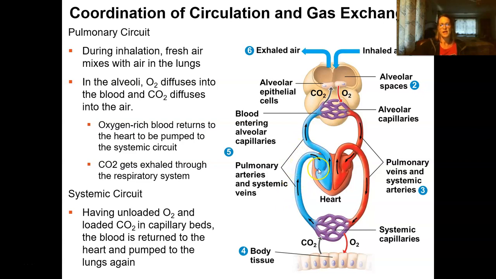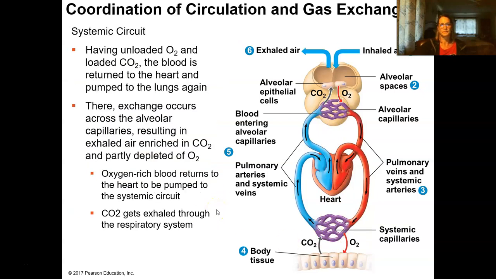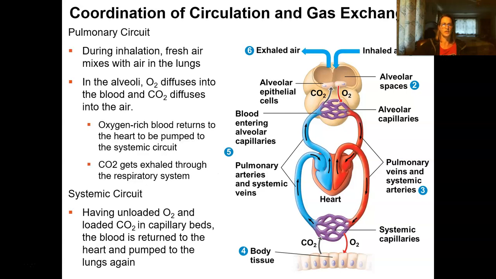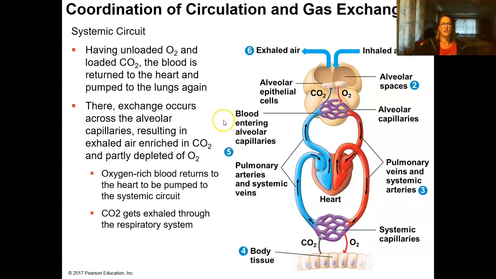So into the atrium, and then oxygen-poor blood gets pumped back out into the lungs, in the pulmonary system. So this is the systemic circulation, and this is the pulmonary circulation, and now we've incorporated the gas exchange happening in these capillary beds in the lungs and in the systemic circuit. I think I've actually talked about both of these. I was on pulmonary circuit, and then I went to systemic circuit. So you've got all of that now.